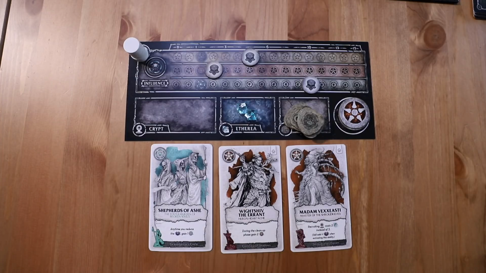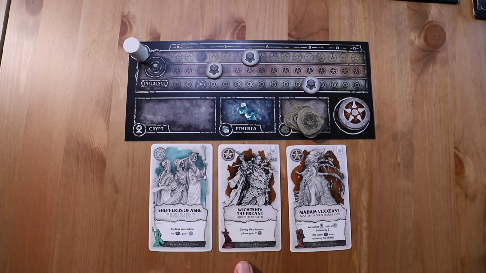As you build out your Mourner card tableau, this is going to give you more actions to execute during the round. Here you'll see that the Shepherds of Ash, anytime you reduce the dread script threat, you're going to gain a spirit. The right sheet also gives you, during the cleanup phase, 2 flesh influence. Madame Avestia allows you to recruit guild figures at only 2 Etheria instead of 3. That is a huge advantage and will drive a lot of the things that you're going to want to do